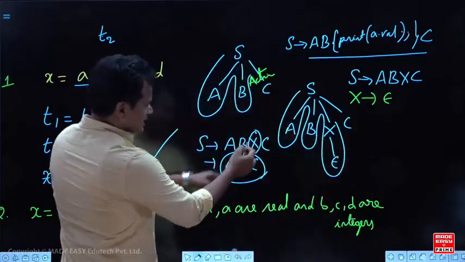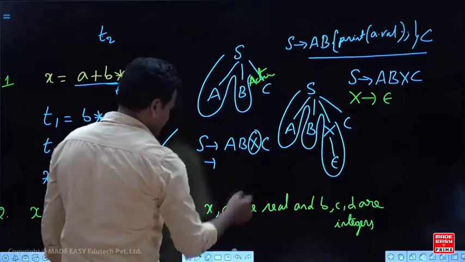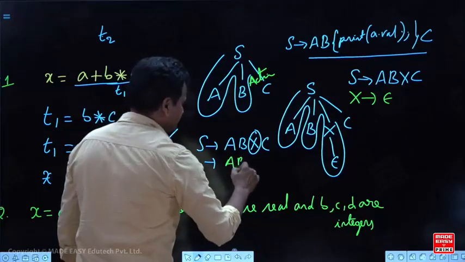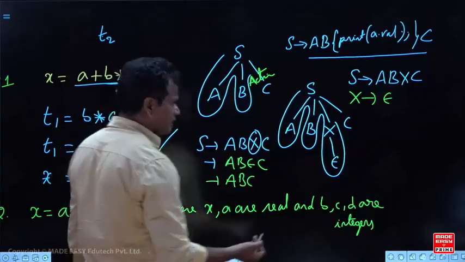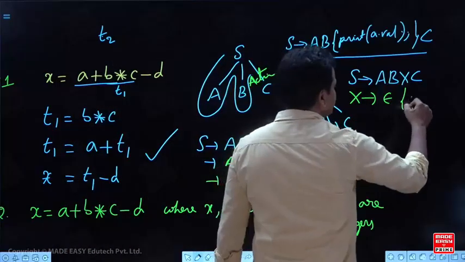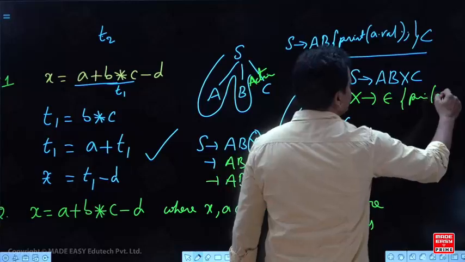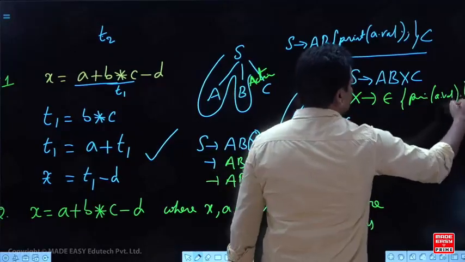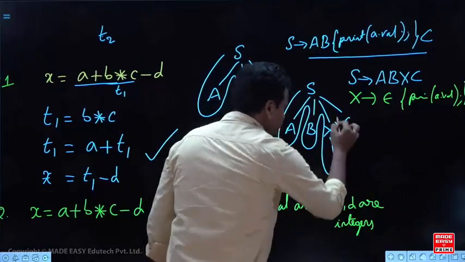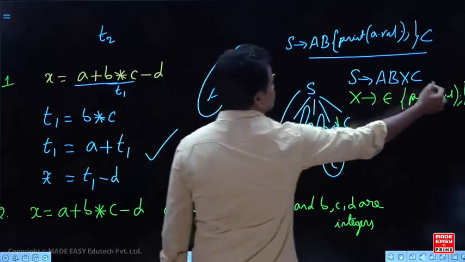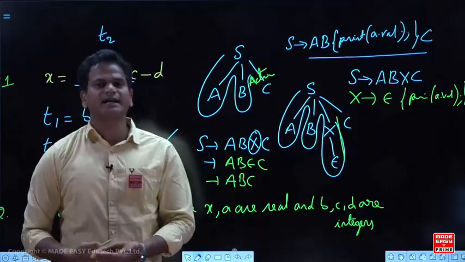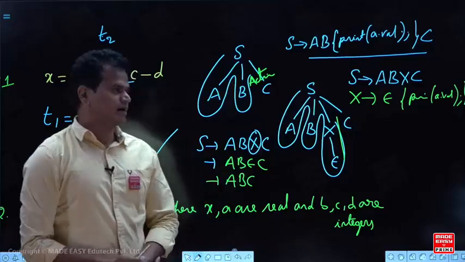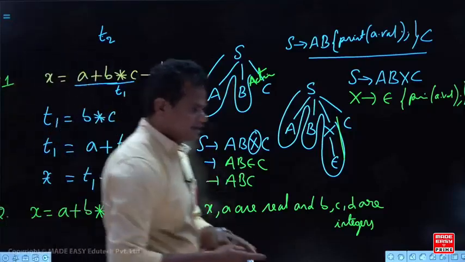In X place, if you substitute epsilon, what will you get? A, B, epsilon, C. It is ABC only, so the production is not changing. And moreover, X there is epsilon. Here I write print A dot value something. So look at this one. At the time of reducing, you are performing the action, and it is an S attributed SDT. So like this, we can convert the L attributed SDT into S attributed SDT. That is your doubt, I think.